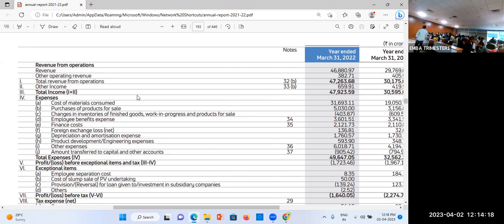Listen very carefully. Except raw material, opening and closing, for the remaining, all opening and closing you take and minus, write it. I repeat again. Change in inventory means, go to the workings. Change in inventory is equal to